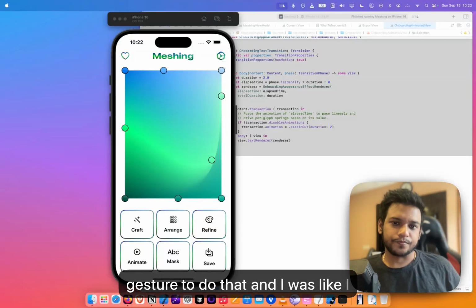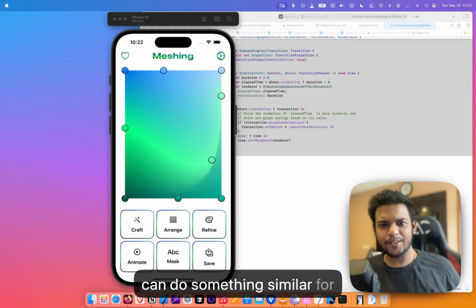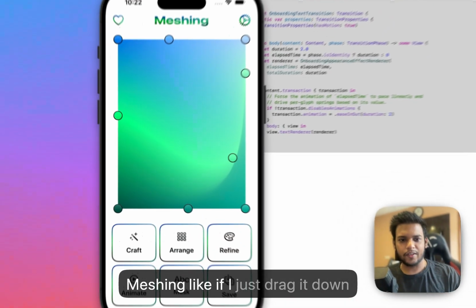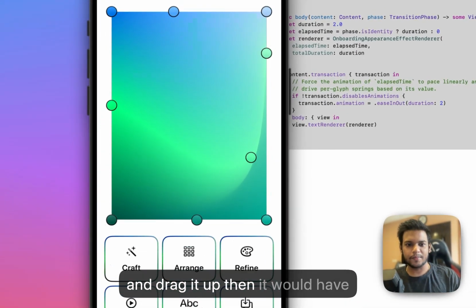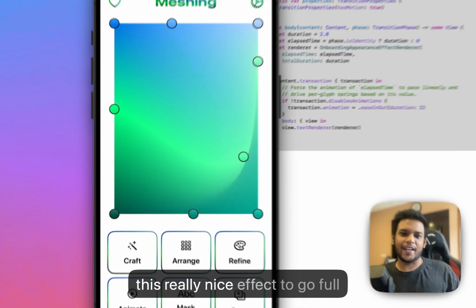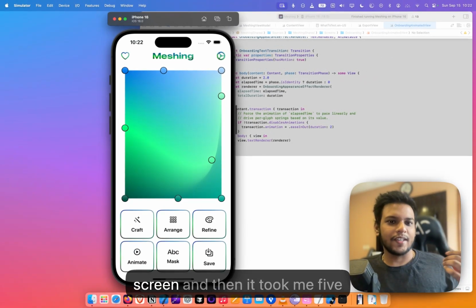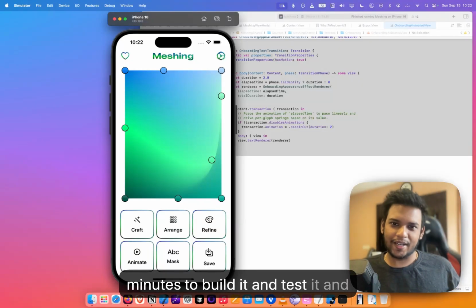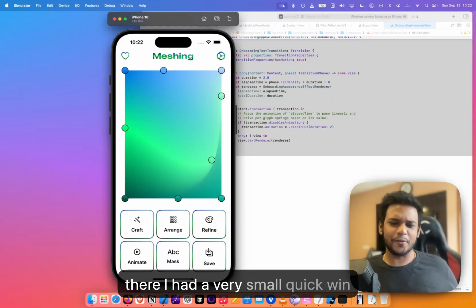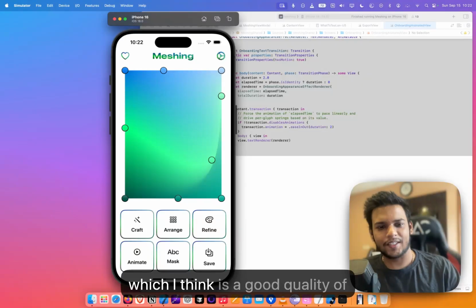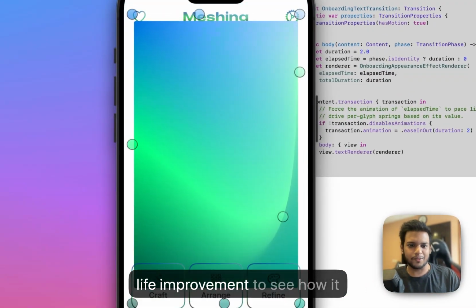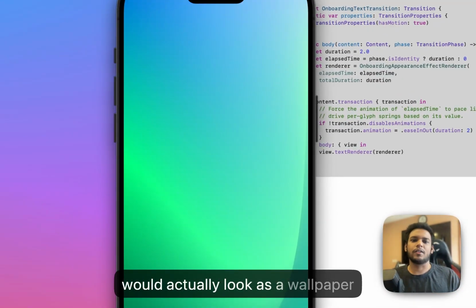And I was like, I can do something similar for Meshing. If I just drag it down and drag it up, then it would have this really nice effect to go full screen. It took me 5 minutes to build it and test it, and there I had a very small quick win, which I think is a good quality of life improvement to see how it would actually look as a wallpaper.